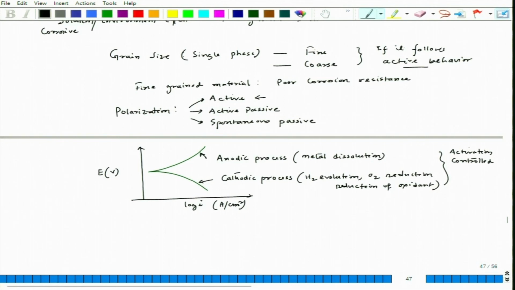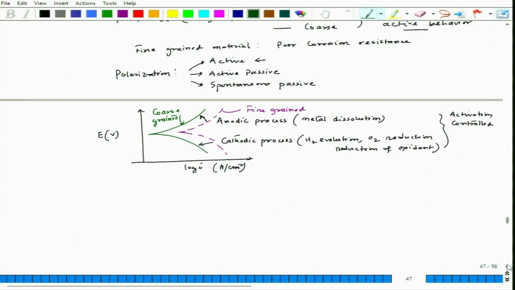So, that time the fine grained one would have higher corrosion rate. If we try to see it in this same diagram, let us draw for the fine grained one. The fine grained one will show a plot like this. So, this is for fine grain, and this is for coarse grain. Fine. So, this is a general trend for a material when it shows active behavior. Now, why does it happen like that? There could be a possibility of higher attack in case of fine grain. That is why this particular polarization line is moving towards the right,